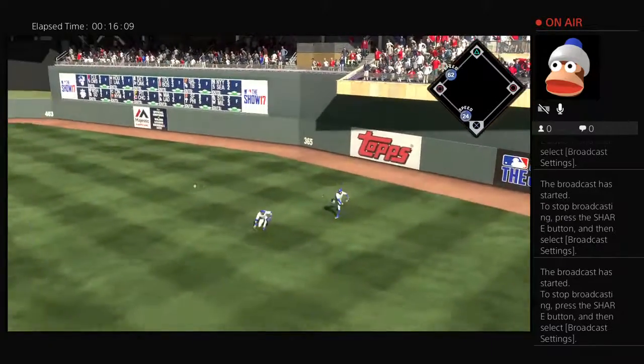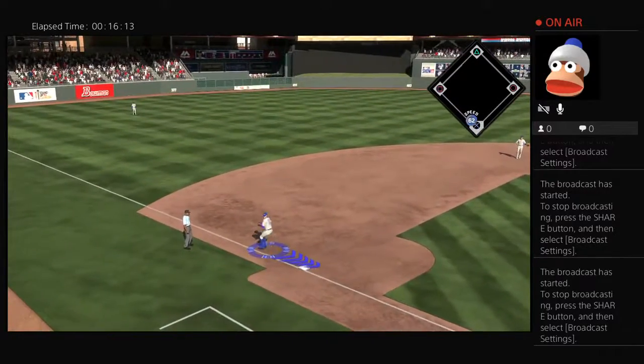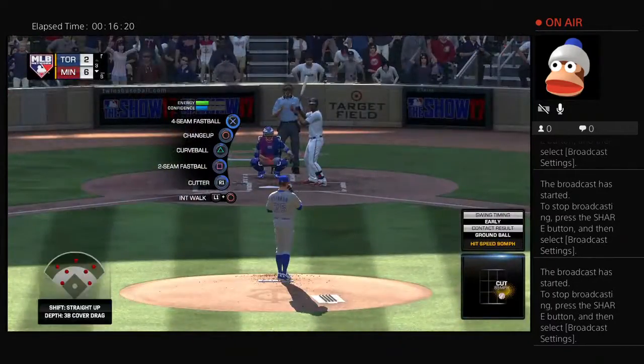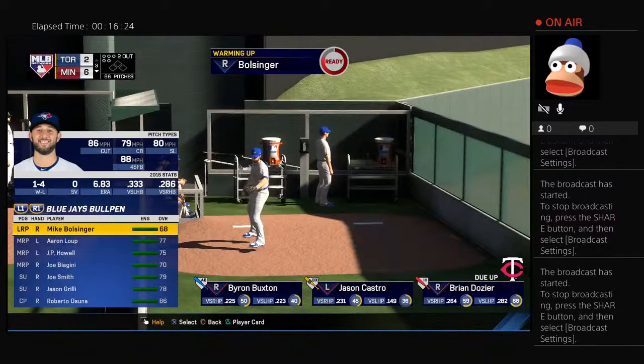The runner scores from second. Now both runners are across. Rosario rounds third and is digging for the plate. And they are going to let him come all the way around to score. Byron